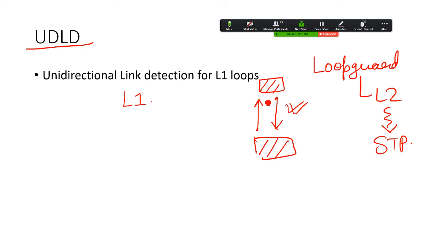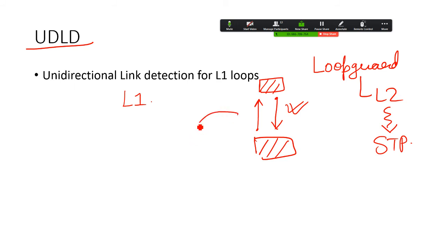Only when we are sending hellos between each other. It's more like a routing protocol, just from the neighborship point of view, that I'm trying to relate things. Ultimately, it is going to send and receive the UDLD packets, or you can say frames, between each other to understand whether I'm available or not.